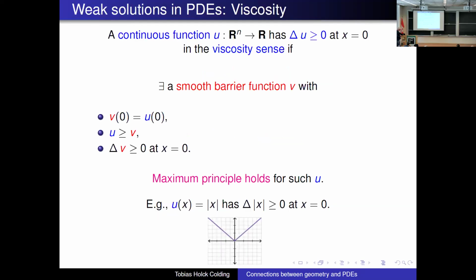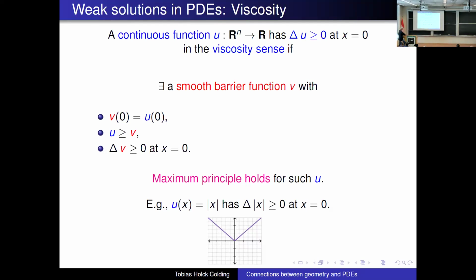right, and so let me just remind you what viscosity is. There are two basic weak definitions of solutions. One is in the distribution sense, the other one is the one that is used here, in the viscosity sense. I'll just give you an idea of what viscosity sense means. We say that a function U on Euclidean space is subharmonic at the origin in the viscosity sense